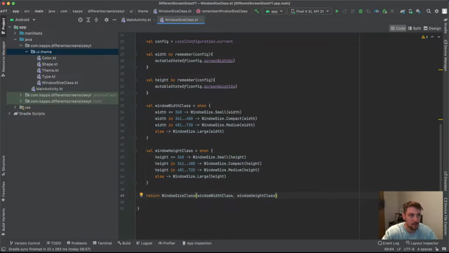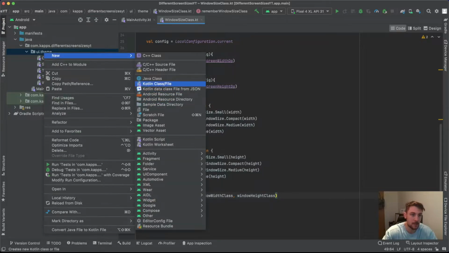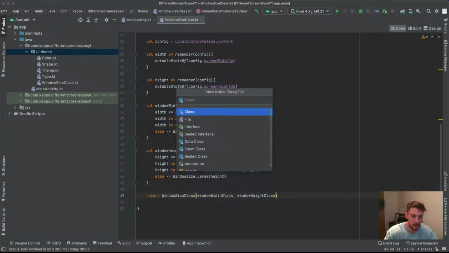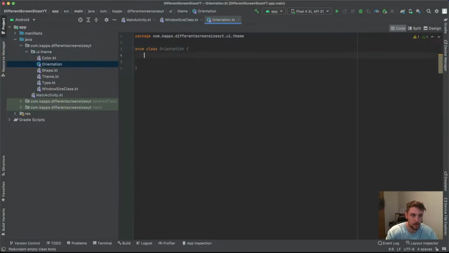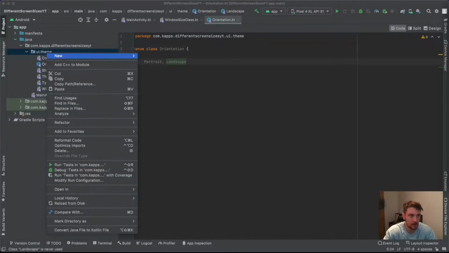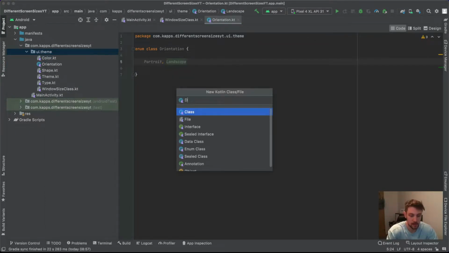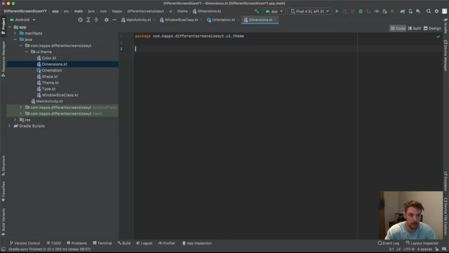And then we will go to our UI theme package, create a new Kotlin class or file, and this will be called Orientation. It will be an enum class, and in here we will have two cases, Portrait and Landscape. After that, we will create another Kotlin file called Dimensions, which will be our padding dimensions. This will be a data class,